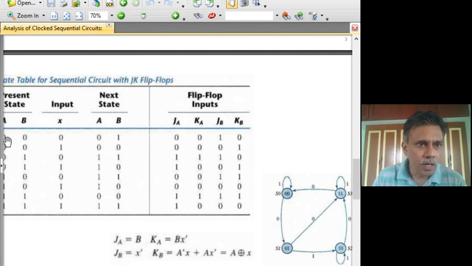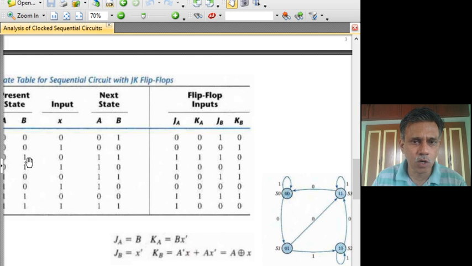Okay. So when you are in 0 0, that is in this state, when the input is 0, you go to 0 1. That's it. So there is no output column here, so you don't need to bother about it. You have to just look at the present state, look at the input and find out which state it goes to, and then mark it. For 0 0, when the input is 1, you go back to the same state 0 0. So this is the way you handle the state 0 0.